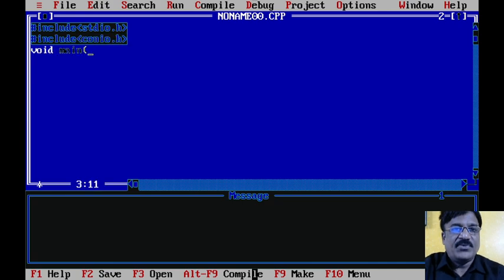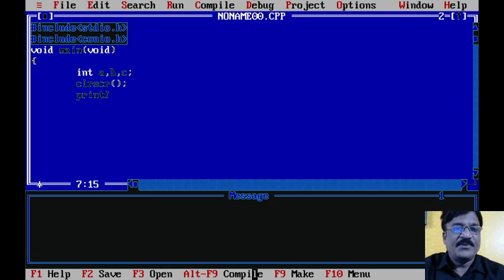Again, remember what is void? Void means nothing, and main is what? It is an entry point to execute your C language program. Now here don't forget to give a tab and then type, so that your program will remain in an indent manner. So in order to find the addition of two numbers, you need three variables, of which two are what? Input variables, while the third one is what? It's a computing variable. So clear the screen.